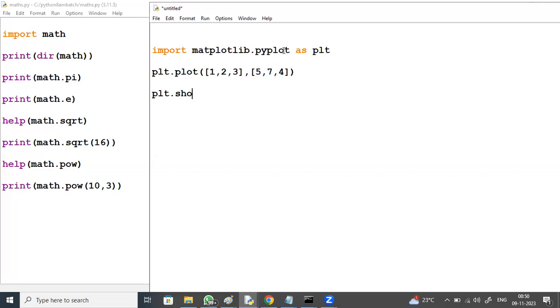PLT dot show, right? That's it. These are the two lines of code. Providing the x coordinates, providing the y coordinates, then show. Save it.